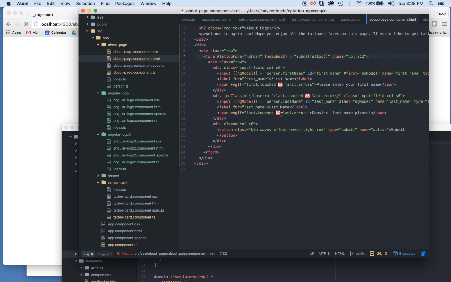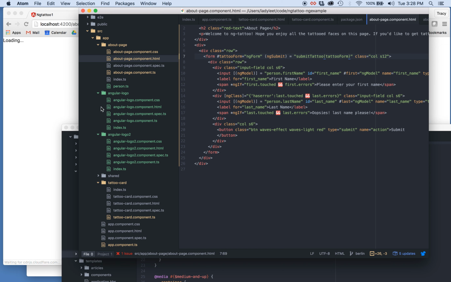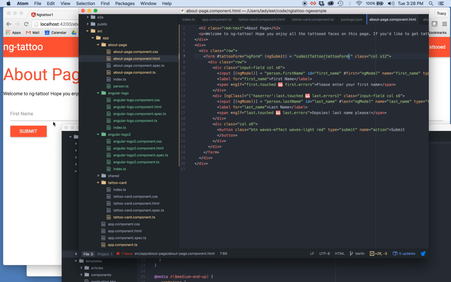Okay. And then where it says submit tattoo parent, inside those parens, we're going to pass in hash or just the tattoo form. We don't ever use the hash when we're using the variable. So what this is going to do is pass the form and any field that has a name property into our code. So when we go back to our component,